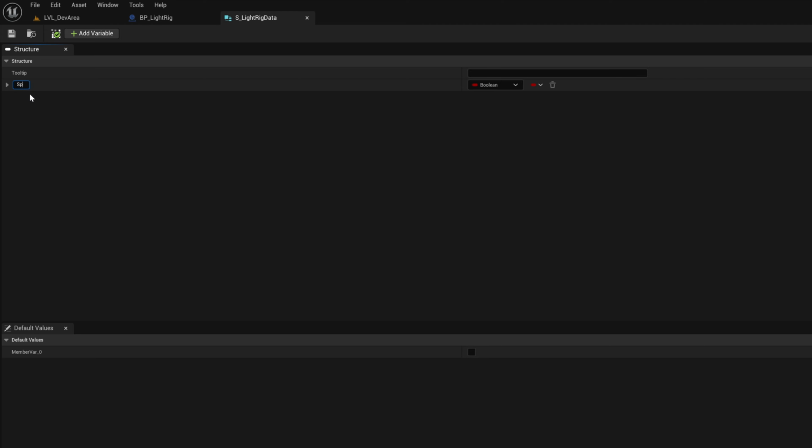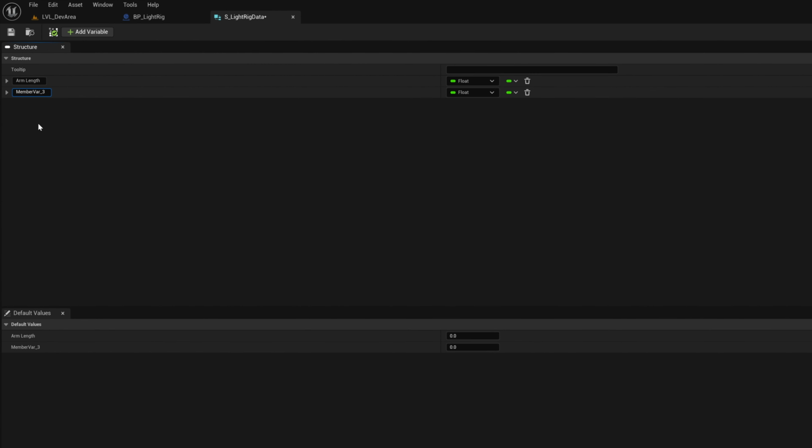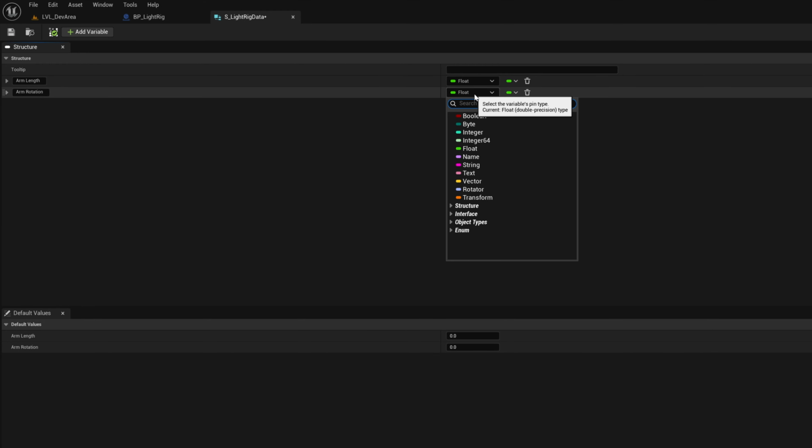Which is the spring arm length, and we can simply call it just arm length, okay? And we can set the variable type from Boolean to float. And you can see here we have a preview of the structure. Let's add the rotation. So add another variable and let's call this arm rotation and select the variable type and